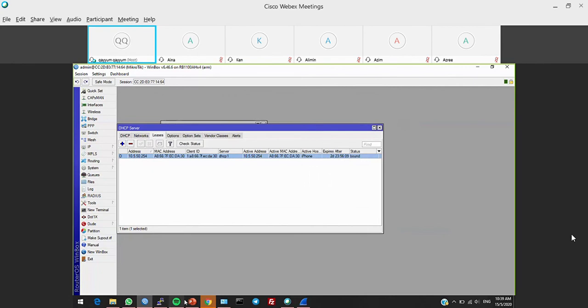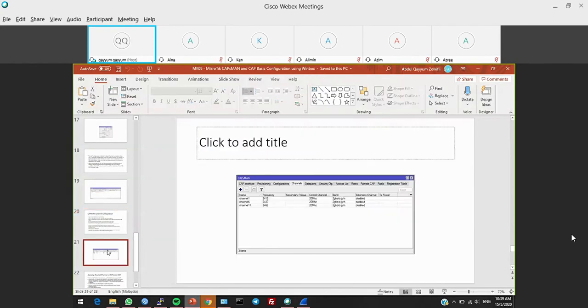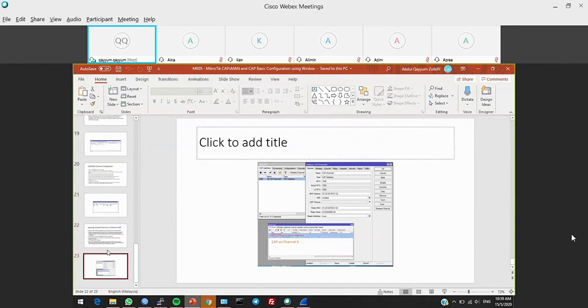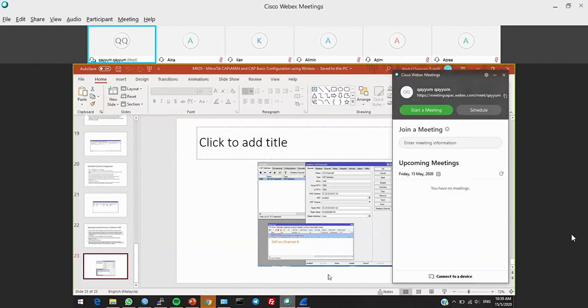So that's about it for the configuration on CATSman. Anything you want to ask? You may ask me. Anything you didn't understand about how to configure the CATSman?